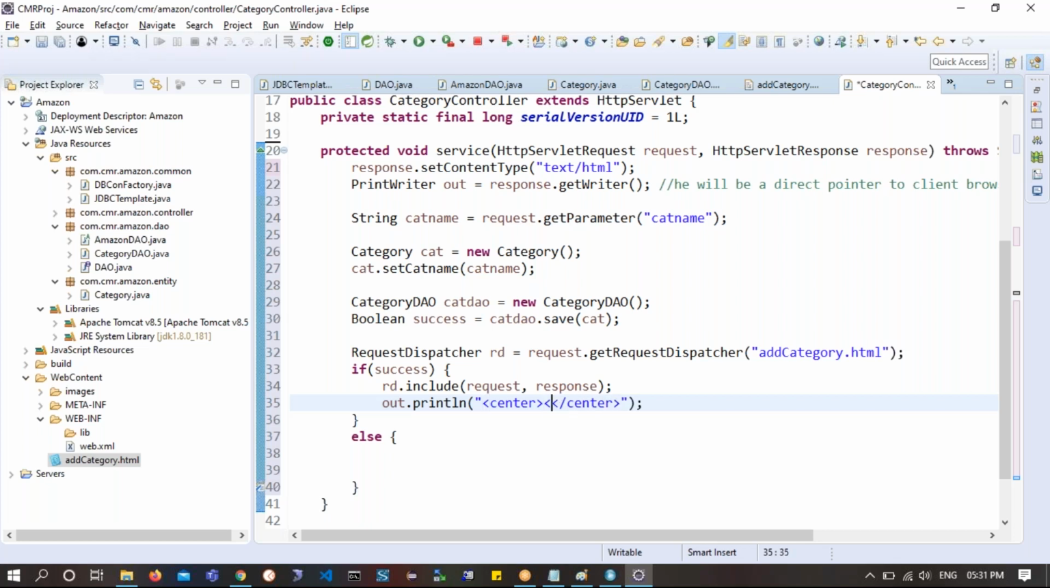In center, I will say font color equals blue, slash font. And I am saying this must be a bit bolded, so I will say h3, slash h3, within which I would say category added